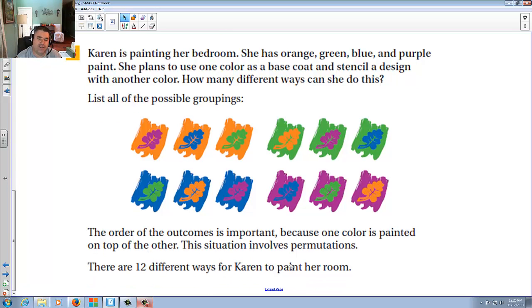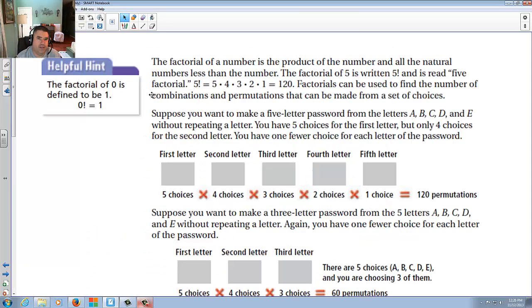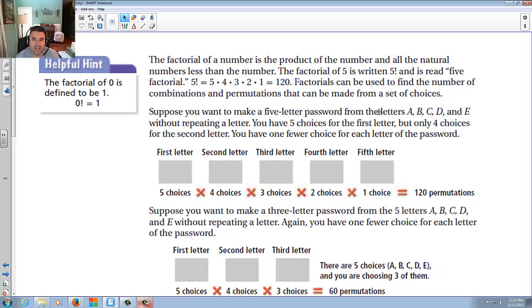So there are 12 different ways that Karen can paint a room. Now, a factorial of a number is the product of the number and the natural numbers less than the number. Look, the factorial, let's say, of 5 means 5 times 4 times 3 times 2 times 1. The factorial of 3 is 3 times 2 times 1. The factorial of 10 is 10 times 9 times 8 times 7 times 6 times 5 times 4 times 3 times 2 times 1. Example. Suppose you want to make a 5-letter password from A, B, C, D, or E